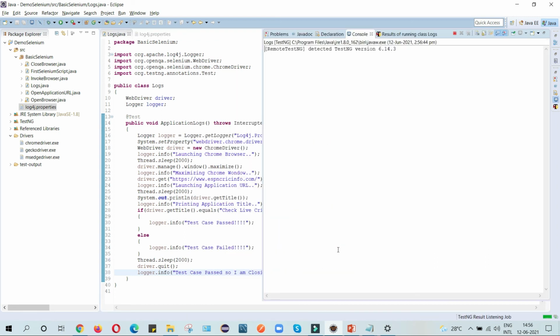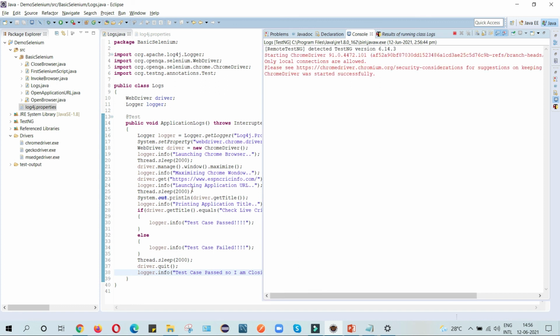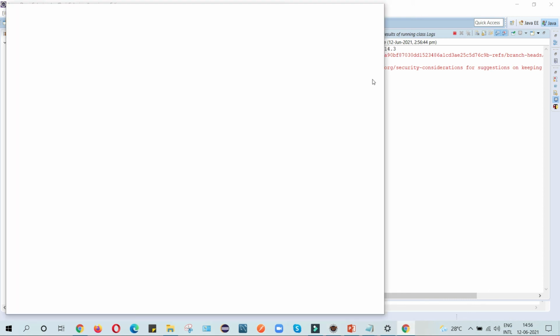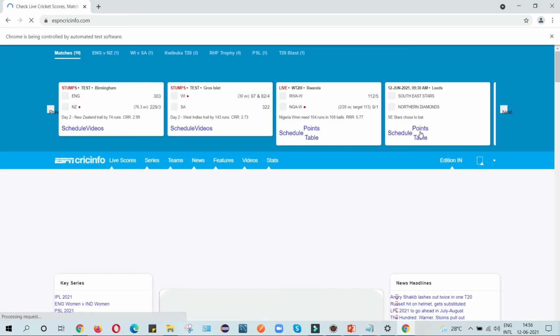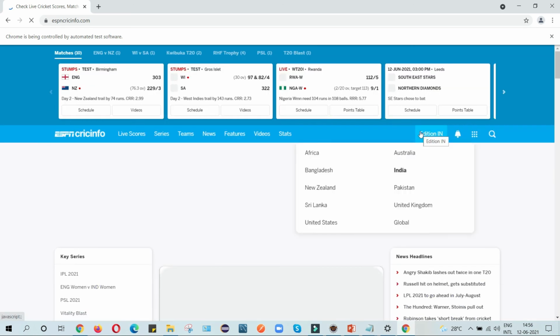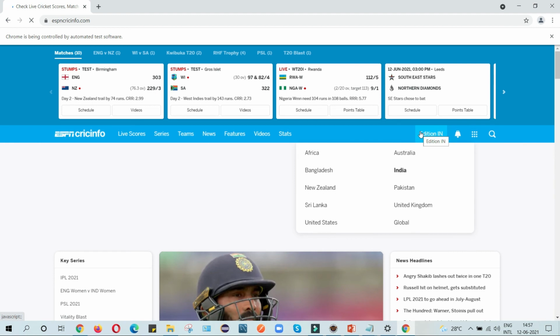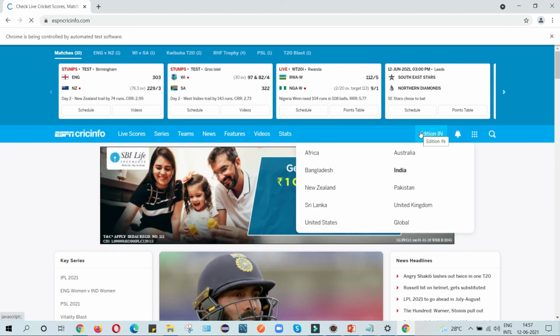Let me see the output. Here you can see Chrome driver is started. Maximize the window, application URL hit, and now it will print the title.